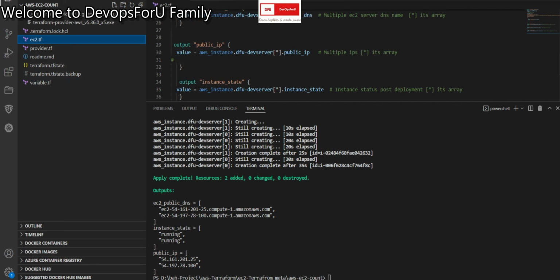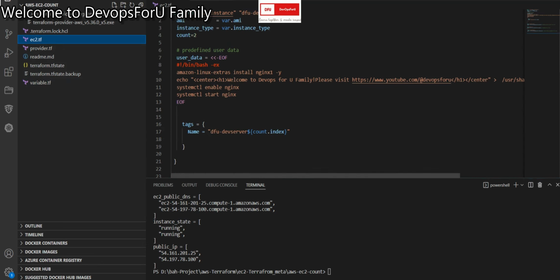I go here. This is the power of Terraform, the automation. If you see here, I'm naming DFU server count.index, right? So I just need to add count.index plus 1, so that my server name, the DFU hyphen dev server name, starts from count.index plus 1. Then the output is DFU hyphen dev server 1, 2 likewise. Okay, let us